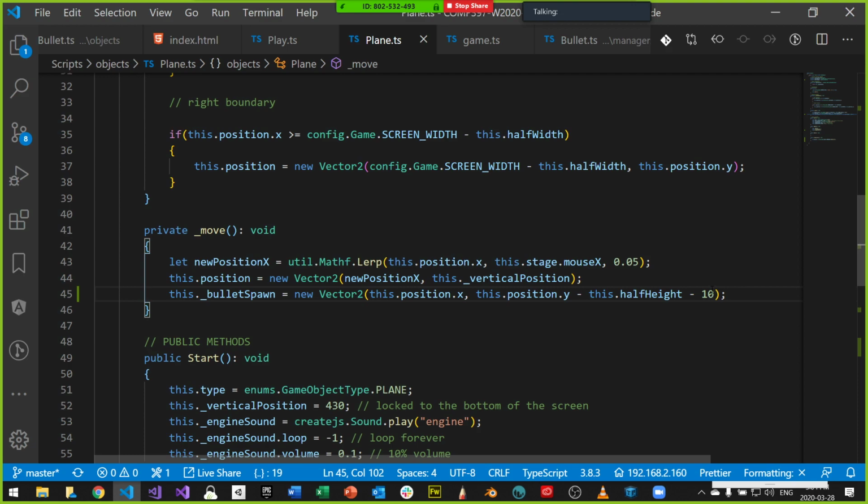So this is the new bullet spawn location. Every frame, the bullet spawn is going to update, because wherever my plane moves, so does the bullet spawn.